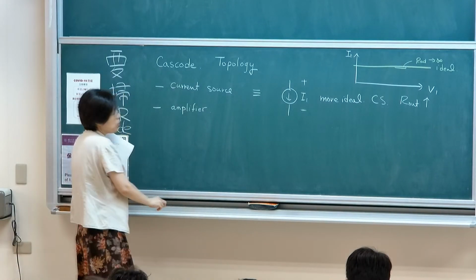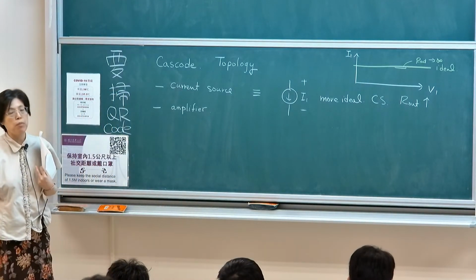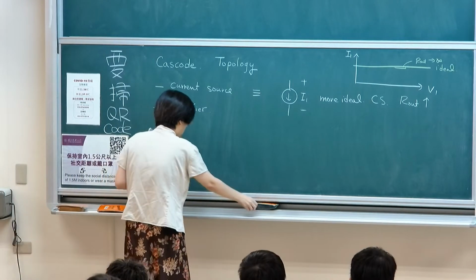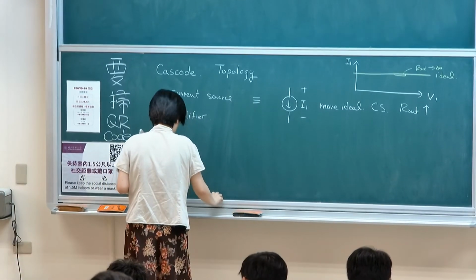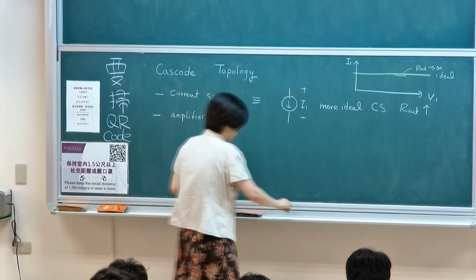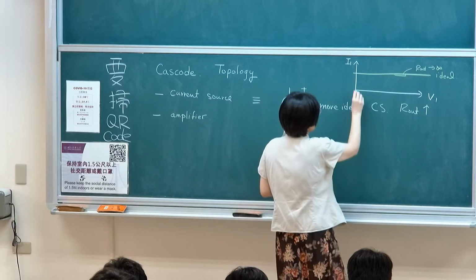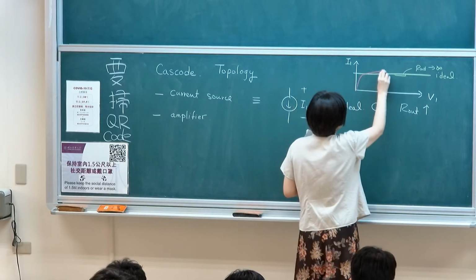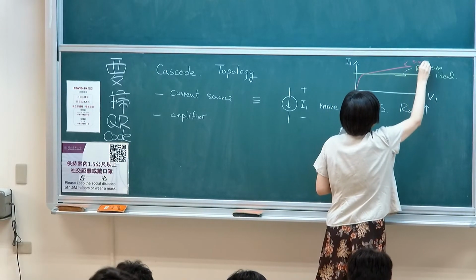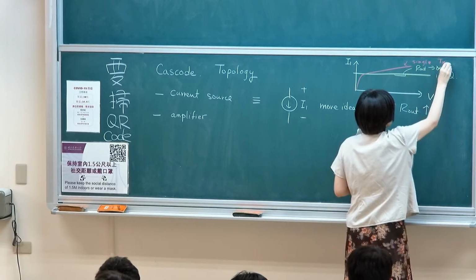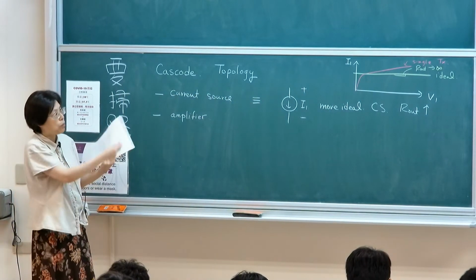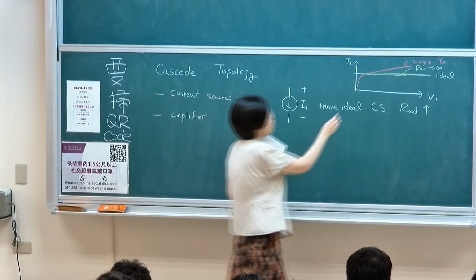But we know that if you're using a transistor, for example a bipolar transistor or MOSFET, because of the early effect, if I'm using a single transistor, it will look something more like this. You use a transistor to simulate its current-voltage relationship. It will look something like this. The slope will be RO.